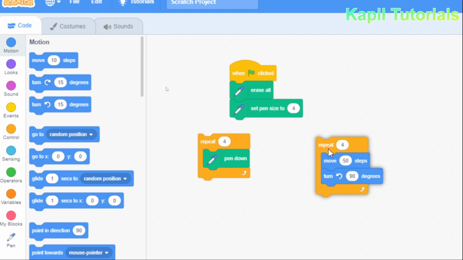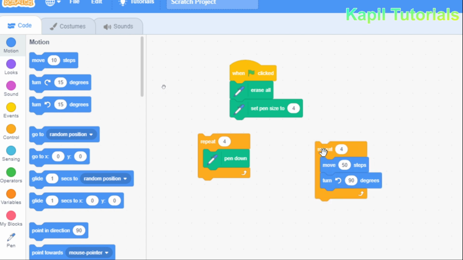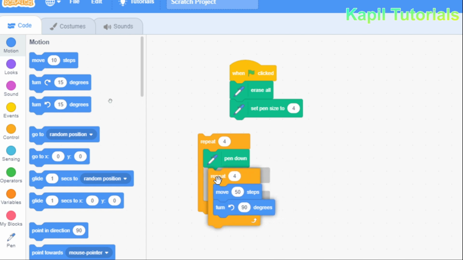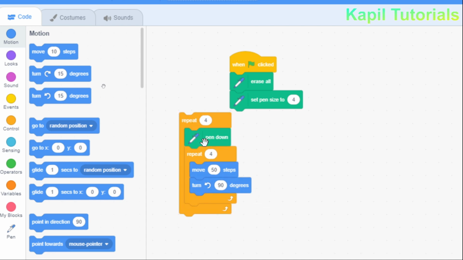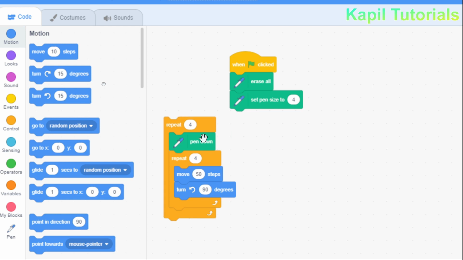Now if I just click upon this, it will make a square, and after making a square, again this is a main loop, and in this the pen down command is there, and this repeat command again will make a square, 4 times, so 4 different squares will be made.